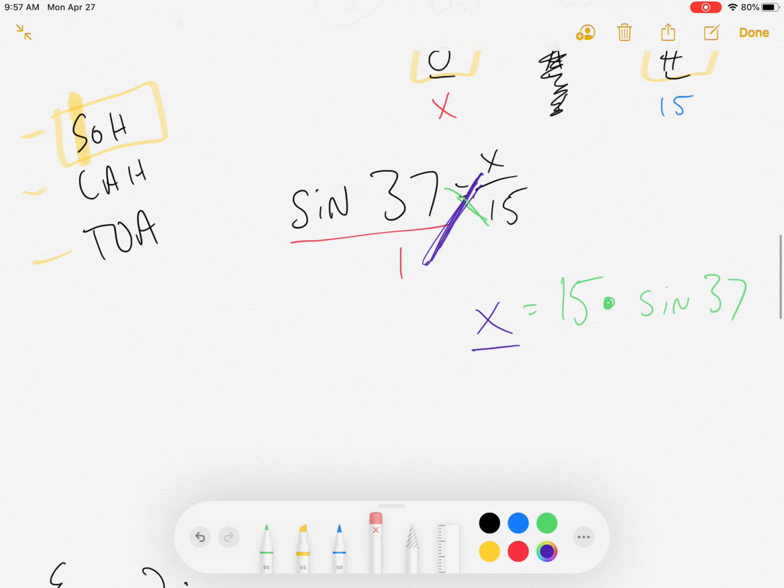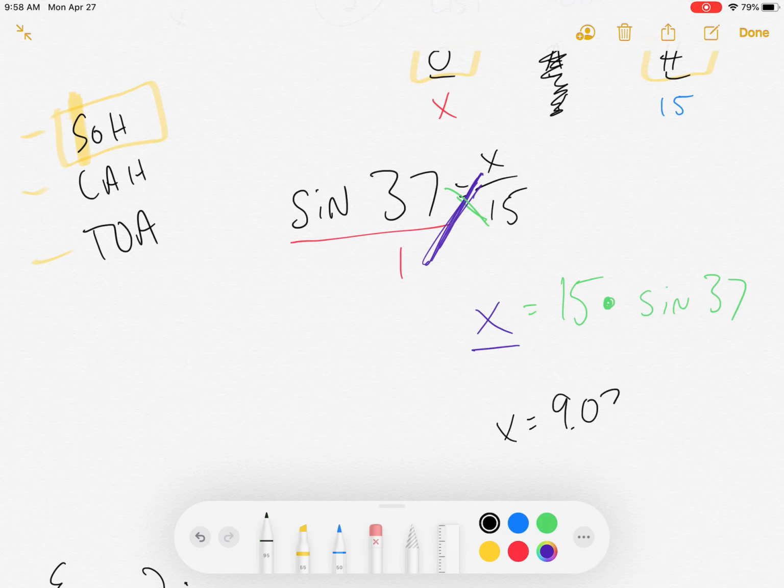So now go to your calculator, type in 15, times, which is right next to the 3, the sine, first button, upper left-hand corner, of 37. Now you should have a number on your screen. It should say x equals 9.027. So we're going to call it